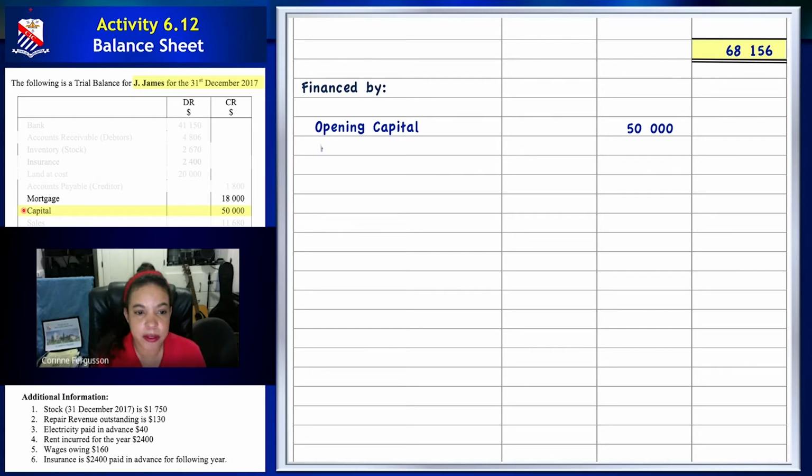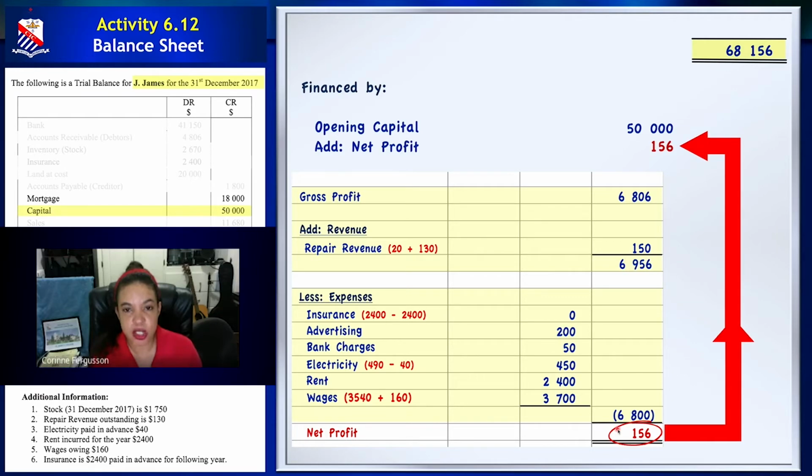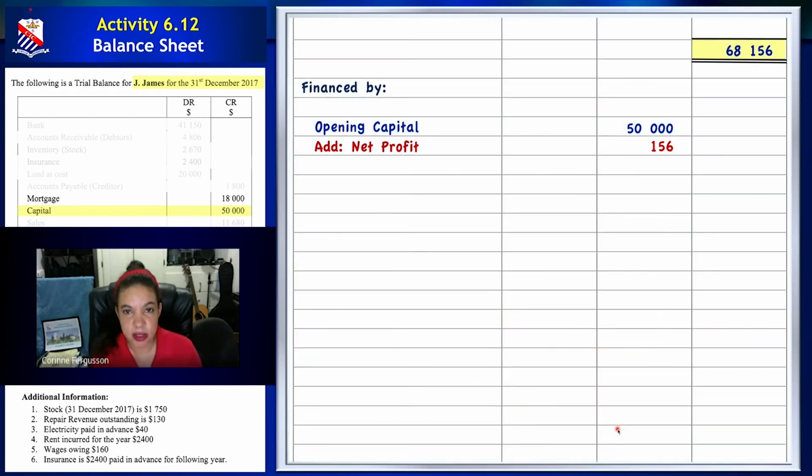You add your net profit. Now, where do we get our net profit from? Remember, we worked out our net profit in the income statement. So our net profit for J. James was $156. Yeah, he made a little profit, right? That is how much we had actually worked out, $156. So that is the amount that will go into your balance sheet, right? 156. So you add that to your opening capital and you get